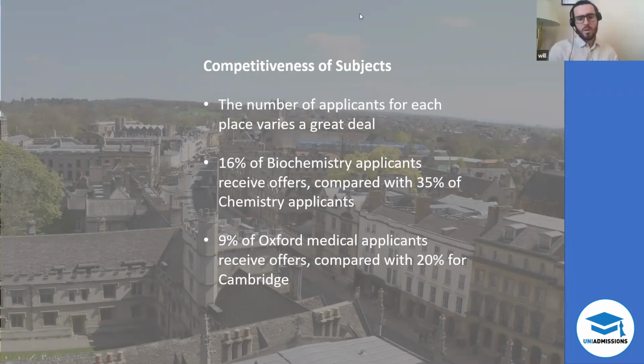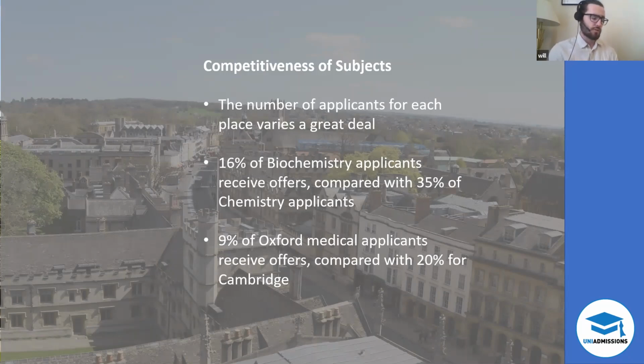But I know there's a little bit of a nuance here with the interviews, Will, that you can tell us about. Yeah, so there's also a bit of nuance with international applicants. I know that Oxford gets a lot of international applicants for medicine, and they have way fewer places. So that's going to be quite a big funnel point. In terms of the interviews, for Oxford Medicine, about 25% of applicants are invited. Conversely, for Cambridge, it's between 70 and 90.